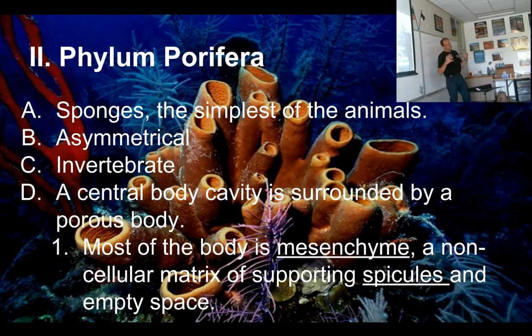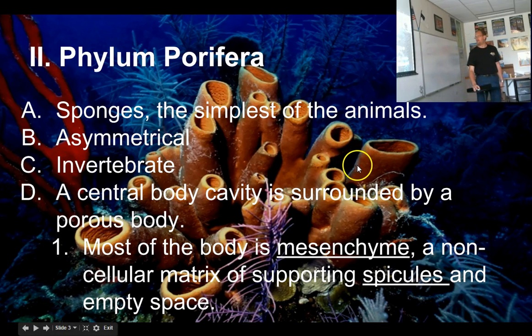So if you've ever seen a building either being built or repaired and they put the scaffolding around it, and then there you see people crawling around on the scaffolding, that's kind of a good way to picture a sponge. The mesenchyme is this mostly empty space with some scaffolding, and then the cells are like the workers that stick themselves into that matrix and are able to do their little cellular job supported by this scaffolding. Okay, so that's kind of a good mental picture for what we have here.